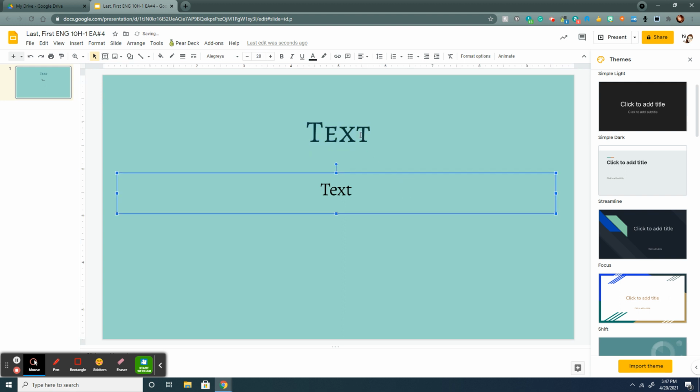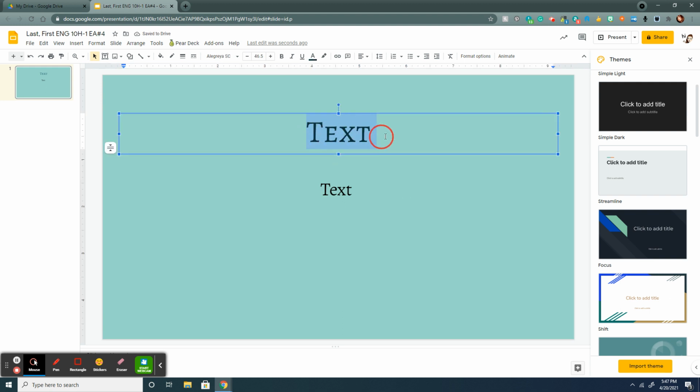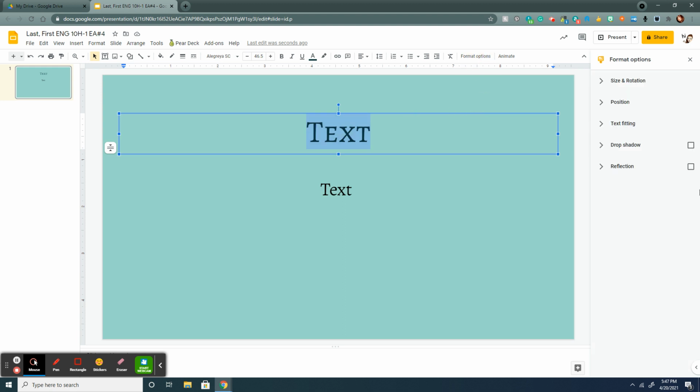And then I'm going to show you another little nifty trick that I like. If I want to make some text really pop, I come over here to my format. I highlight it first, format options, and then I add a shadow. Since I have dark text, adding a black shadow is not really helpful, but if I add a white shadow, I take the transparency all the way down, and then I'm going to reduce the blur radius because this is